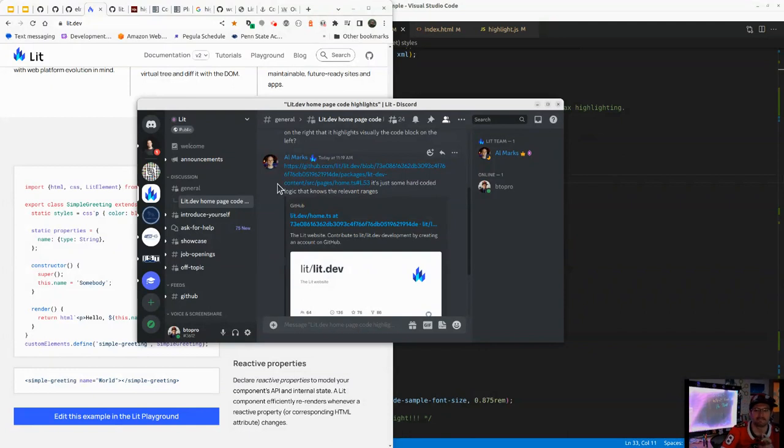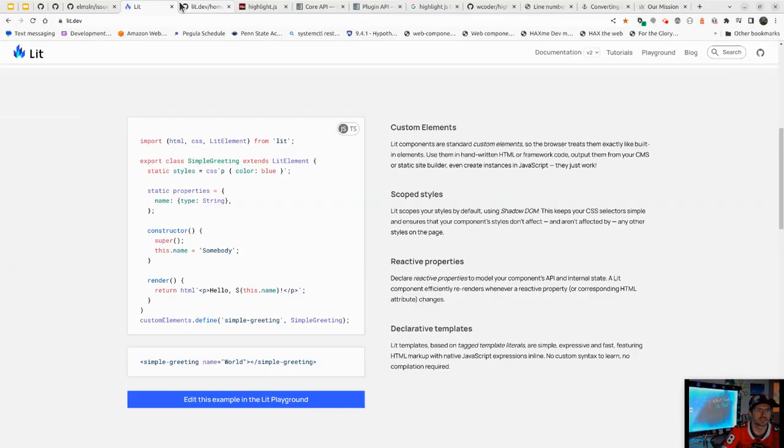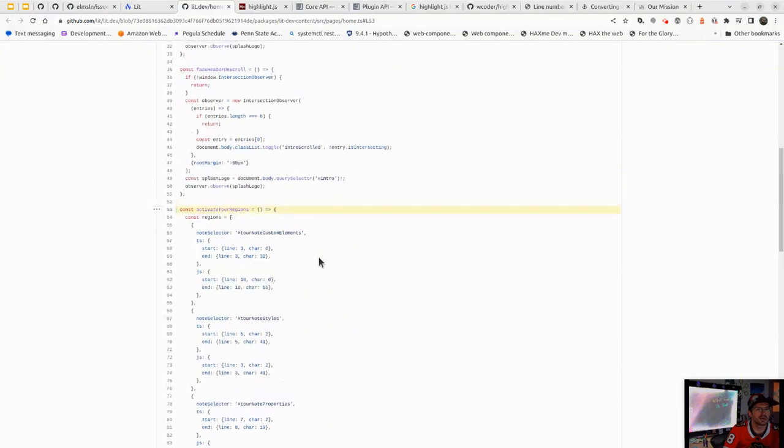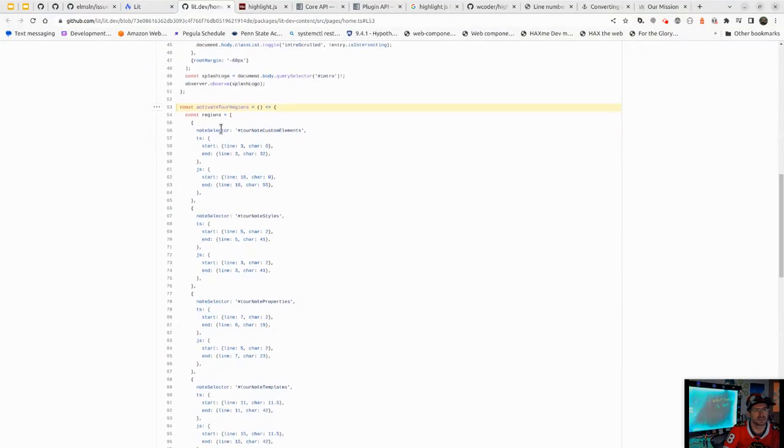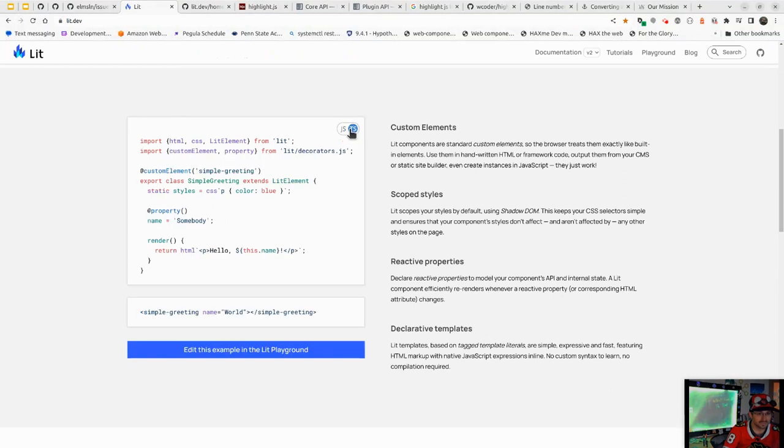Oh, I hate hard-coded things. So link me off to this source, right? And so this is more or less gobbledygook, but effectively, they programmed a Tor range. You can see we have a constant object here, and they've said, okay, start at line 3, end at line this, right? And they've actually had to set it, in this case, for when you switch between TypeScript and JavaScript,